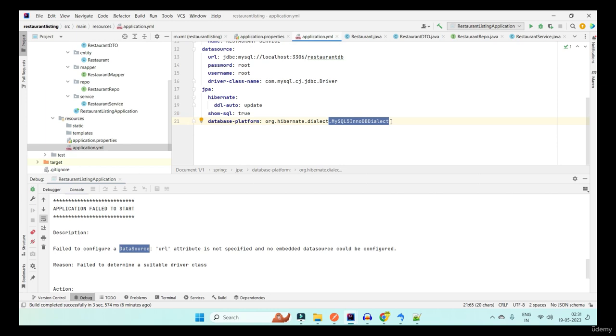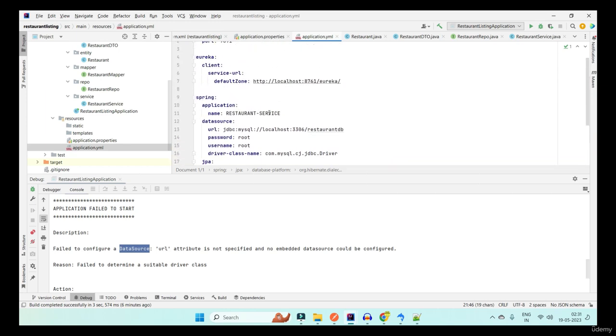This is important whenever you have an ORM framework at one side and a data source like MySQL or Oracle on another side. If you had used Oracle, this dialect would have changed because the querying pattern for MySQL is different from Oracle.